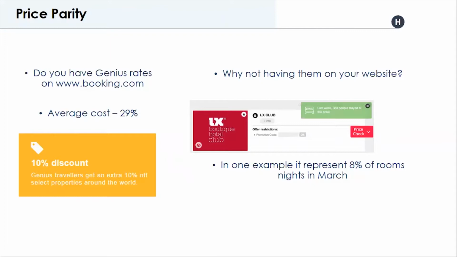Okay, so this is my first question. Why don't you? And this is my first tip. You should create something similar to the Genius rate at your website level, so you make sure you have rate parity. And this is an example that I have. It's a small hotel in a city in Europe, and they've created this little club offer, and they are driving 8% of direct traffic, but at least they make sure they don't offer a better rate at the OTA, and I see that all the time.